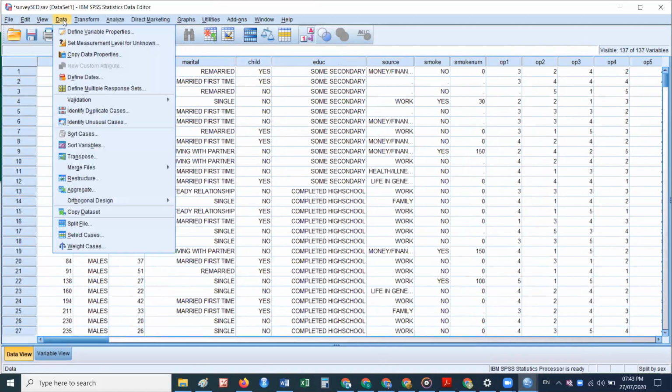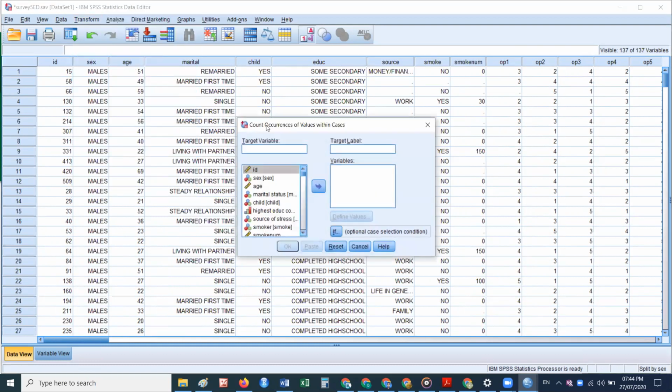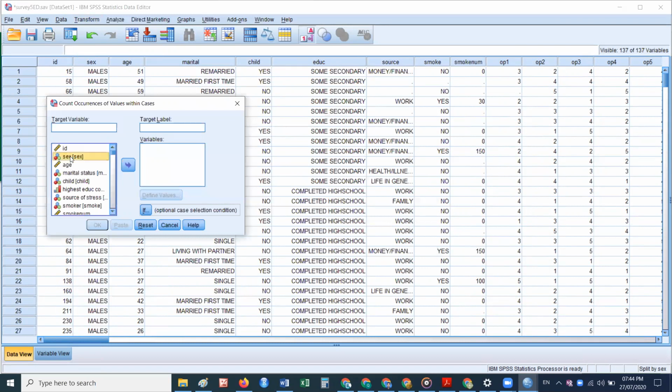Now the next option is count values within cases. This is basically counting how many cases are. Suppose I am willing to count how many females are there, and the target label and the target variable. Count, gender count.